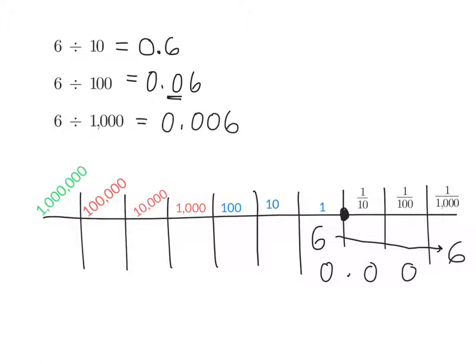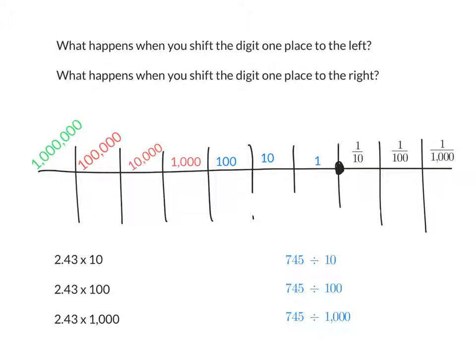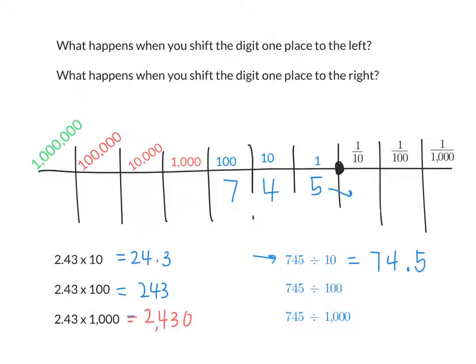Does that make sense? Good. What happens when you shift a digit one place to the left? Allie? Gets bigger. How much bigger? 10 times bigger. Good. What happens when you shift the digit one place to the right? Sakina? It gets 10 times smaller. Very good. So if I have a problem like this, 2.43 times 10, I would model it on my place value chart. Do you agree that this is 2.43? My 2 is in the ones place, my 4 is in the tenths place, and my 3 is in the hundredths place. If I want to multiply it by 10, I have to shift each number